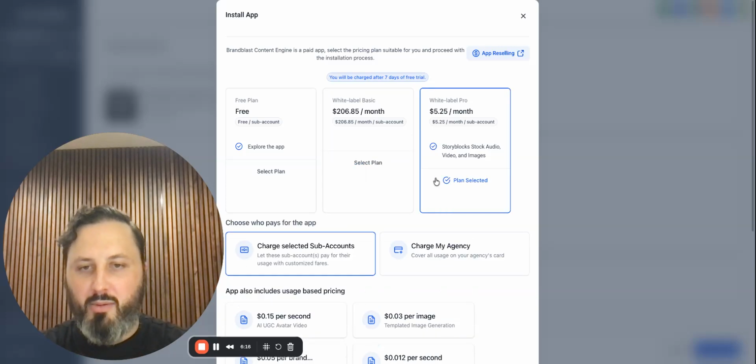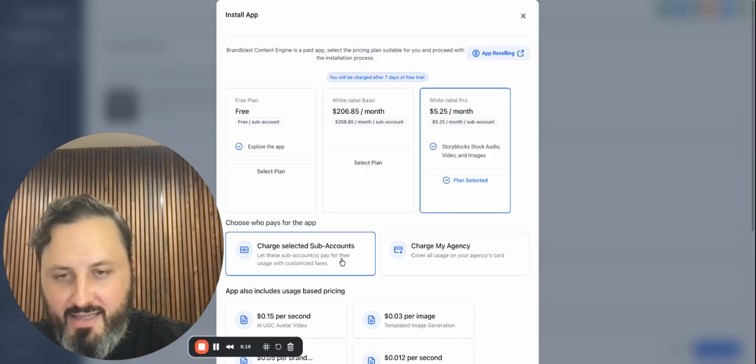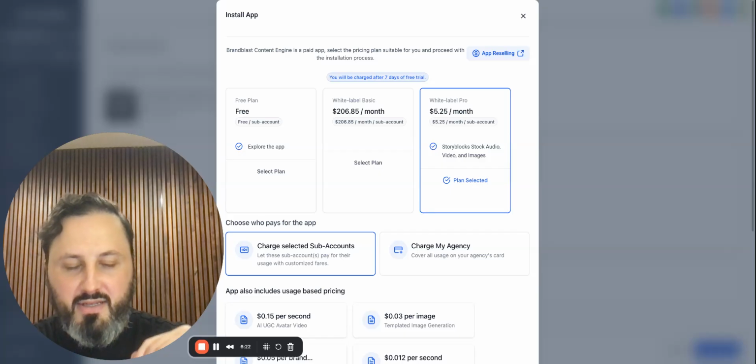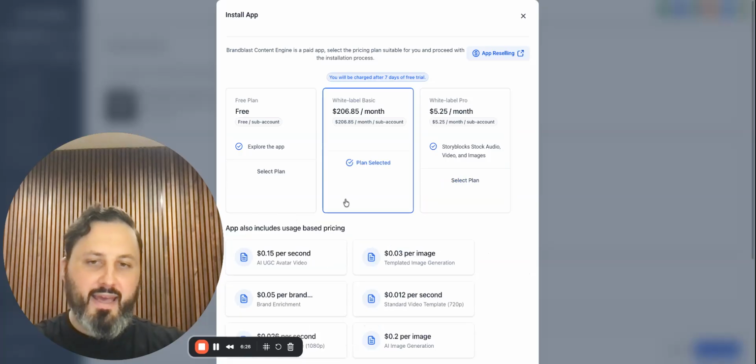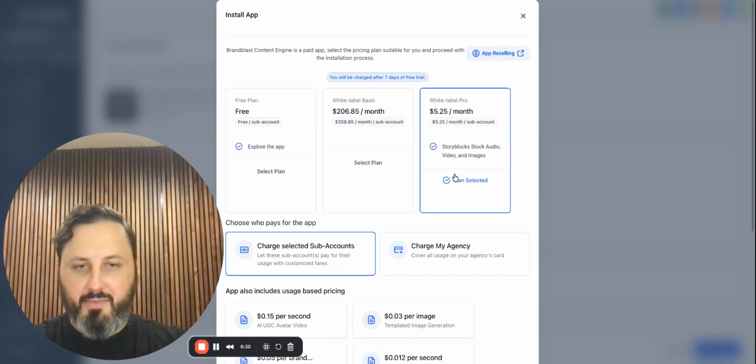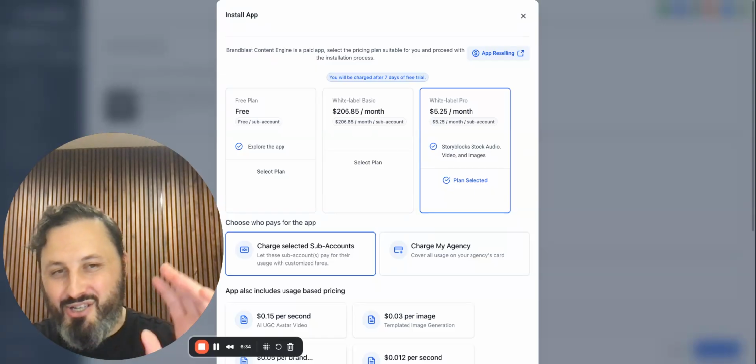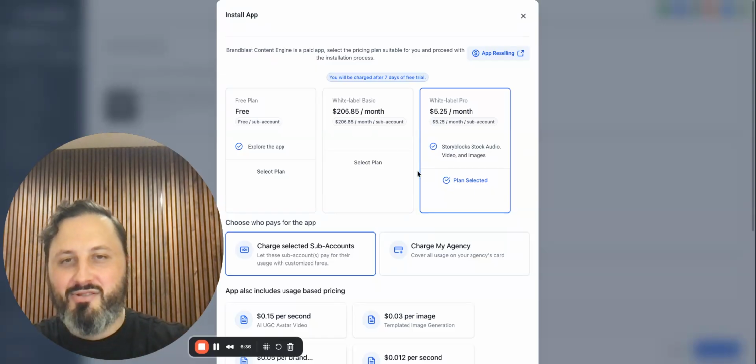When I click White Label Pro, it shows. But then you read it, it says let these sub accounts pay for their usage and customized fares. White Label Basic has that. So why can't I choose who pays for that? They're only showing it for this. That's really weird. But honestly, you shouldn't ever have to mess with this unless you're installing it into